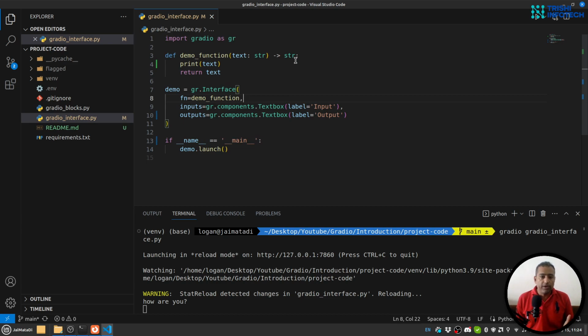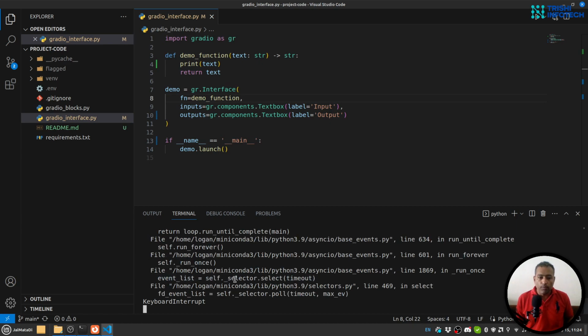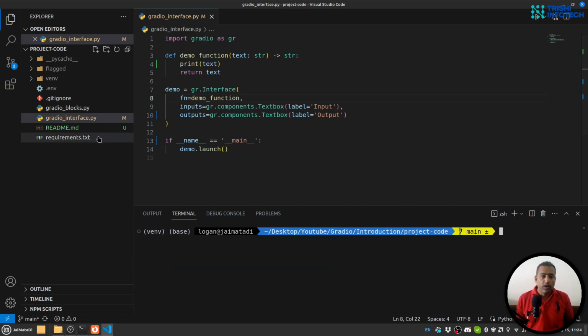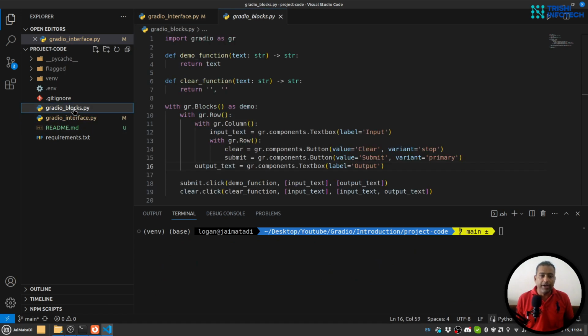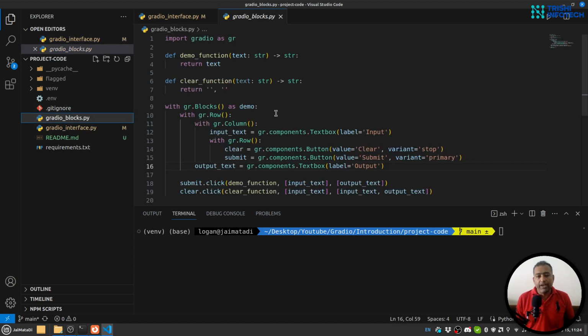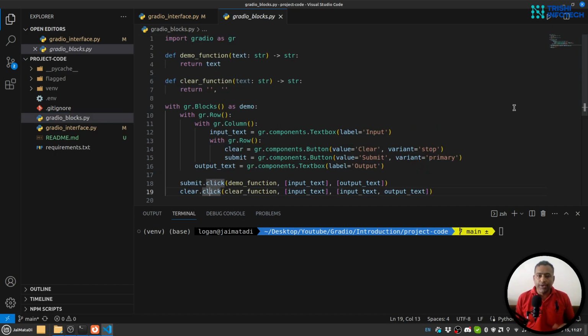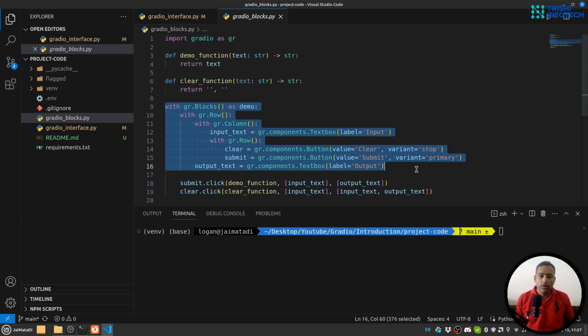There is one more way to create a beautiful Gradio interface, which is using Gradio Blocks. I'll stop this server and let me clear the screen as well. Second, let's look into Gradio Blocks. Gradio Blocks is again a similar thing, but you have more control over the UI. So here I'm importing Gradio. Then I have this block which says